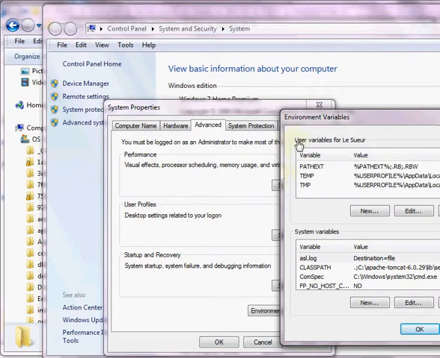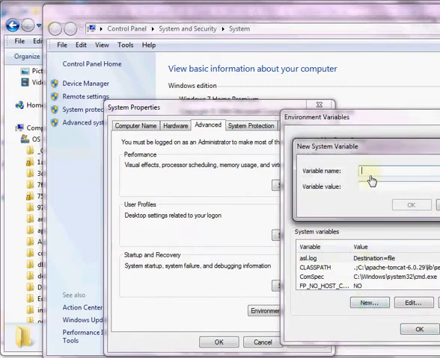And now at the top you see user variables for your computer. At the bottom you see system variables. We're going to modify the system variables. So there are two things that we need to do. First of all, we need to add a new system variable. So I'm going to click on the new button. And the variable name is all uppercase